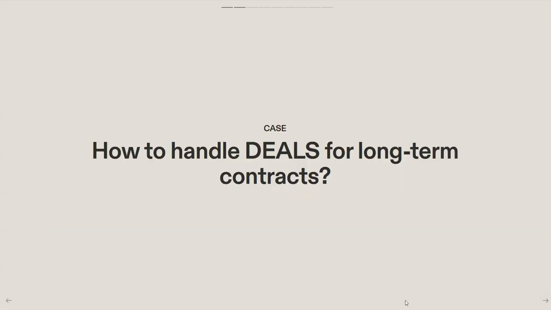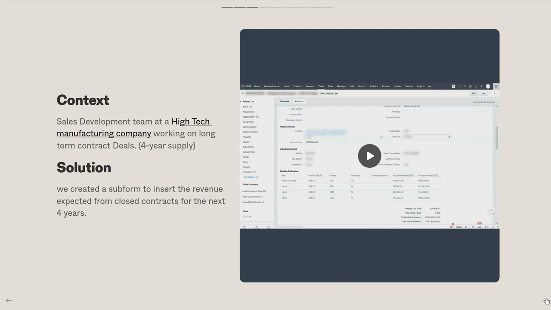So the story here is how to handle deals for long-term contracts. A quick context: this is a sales development team at a high-tech manufacturing company working on long-term contract deals. Once a deal is won, it means that the company will be supplying this client for the following years. In this case, the contracts are usually 4 years, but we can change this depending on the context, of course. So the solution we came up with